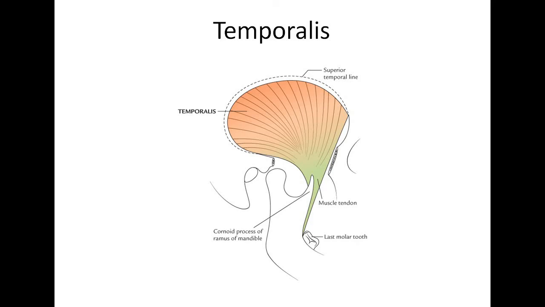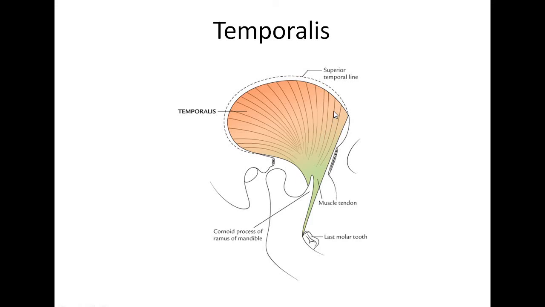The temporalis is a large fan-shaped muscle originating from the floor of the temporal fossa, and a few fibers take origin from the inner aspect of the temporal fascia. These fibers converge and form a tendon, and that tendon passes through a gap between the zygomatic arch and the skull bone, being inserted at the medial surface and the anterior border of the coronoid process of the ramus of the mandible. This insertion goes up to the third molar tooth.